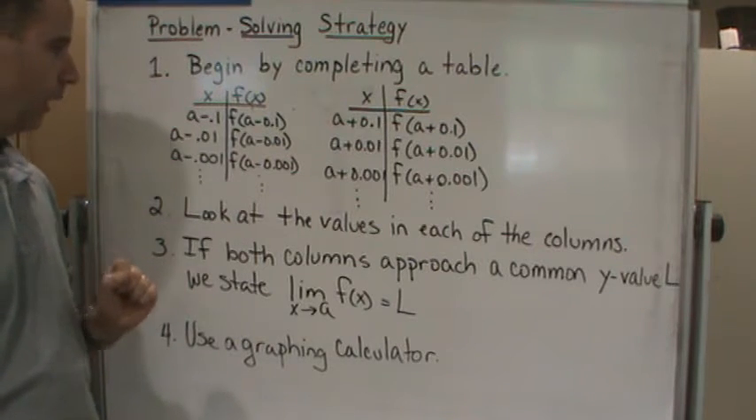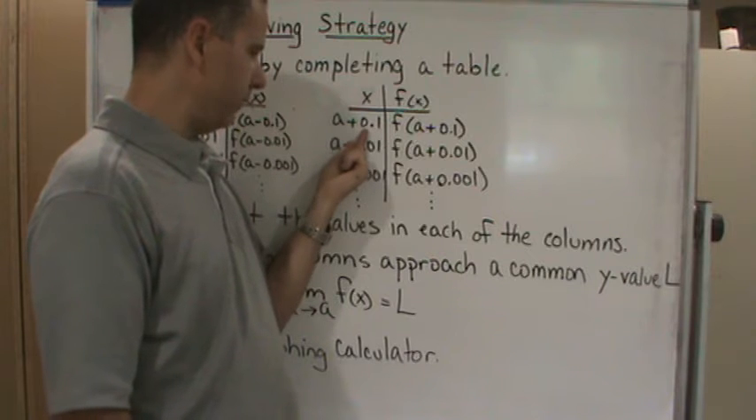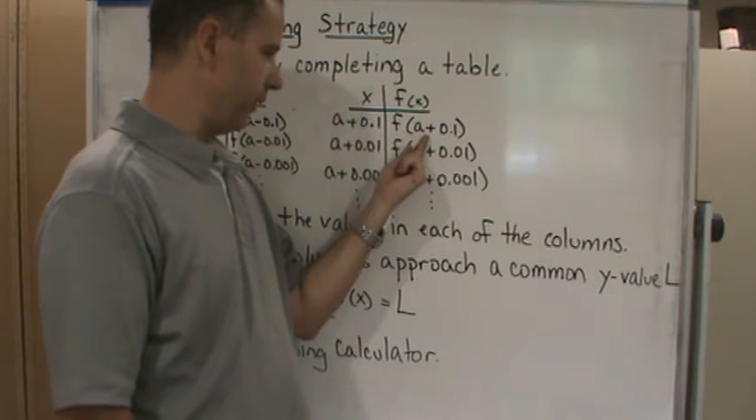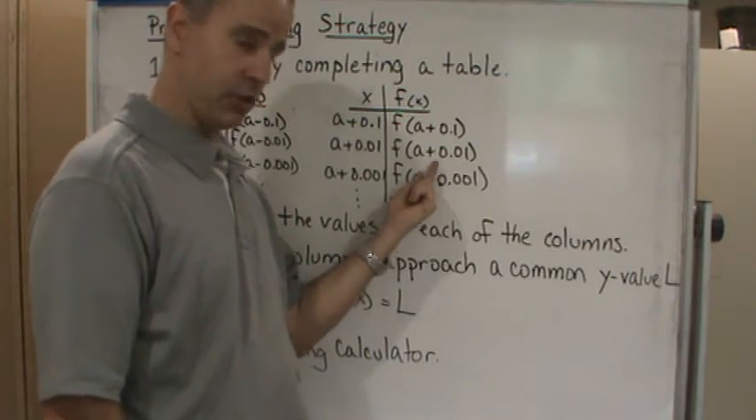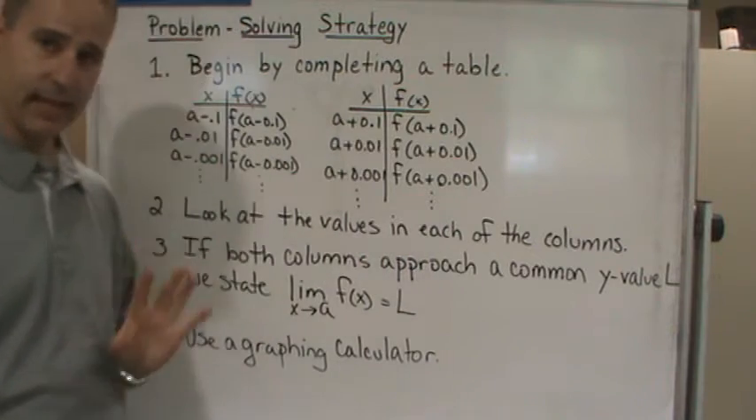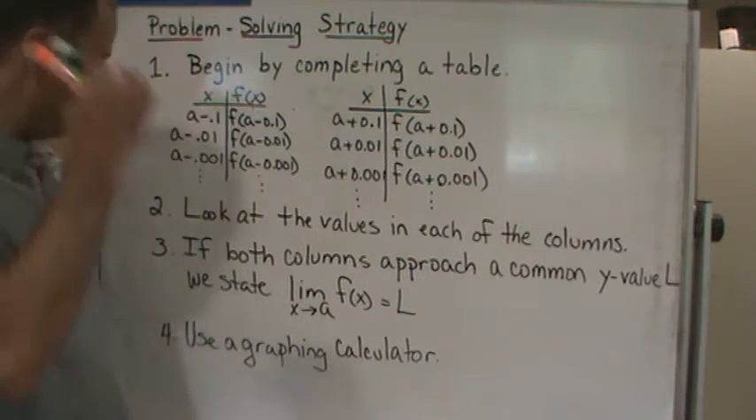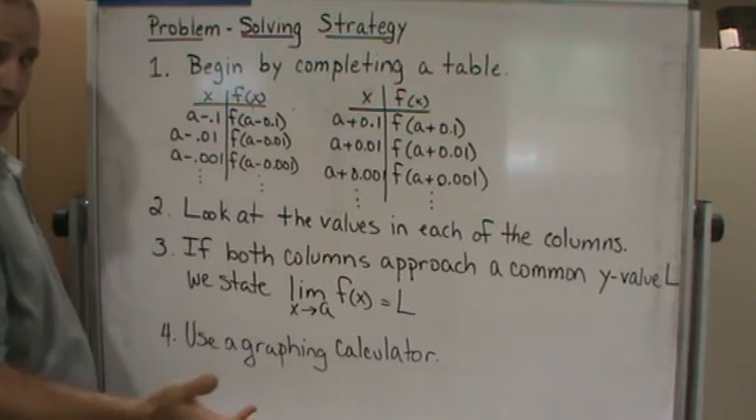Okay? And so you're going to do the same thing over here. You're going to add 0.1 and find the value of the function there. Then you're going to add 0.01 and find the value of the function there. And so on and so forth, and you're going to go as necessary. That's step one. Now, once you have enough values, let's say 4, 5,